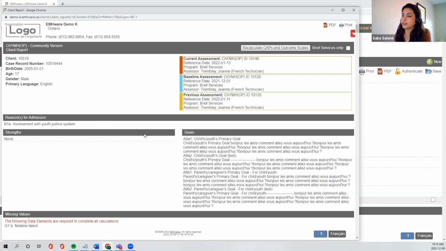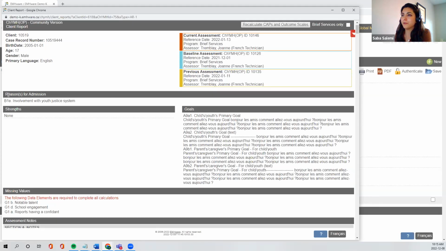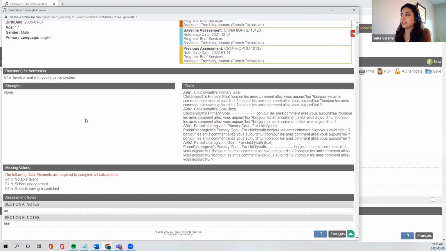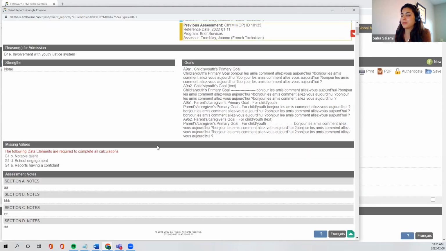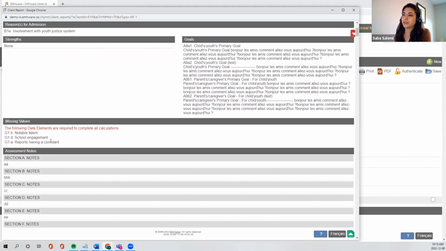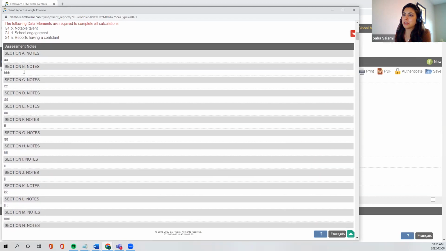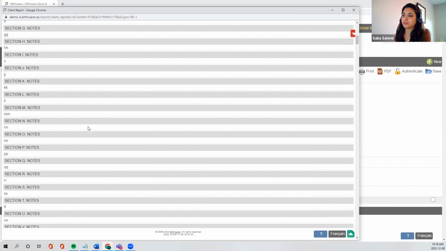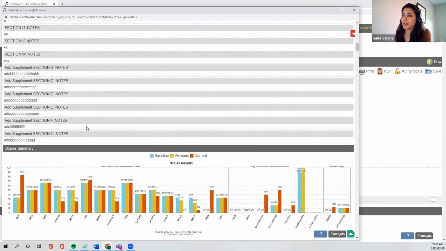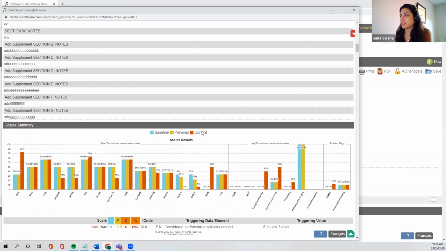So this will be more useful as I scroll down, but just for you to see, that's the thing we have right here. We have reasons for admissions, strengths, goals, missing values. So those are the elements that we didn't complete. We have assessment notes. And we have the scale summary. So again, it gives us a little legend to see what each color represents, and we can compare and contrast the results. So we have a visual representation of the information here,